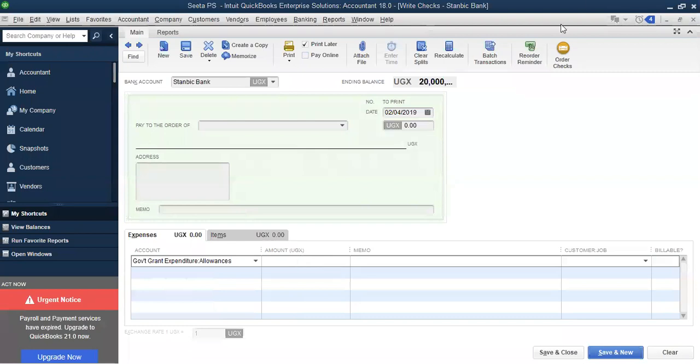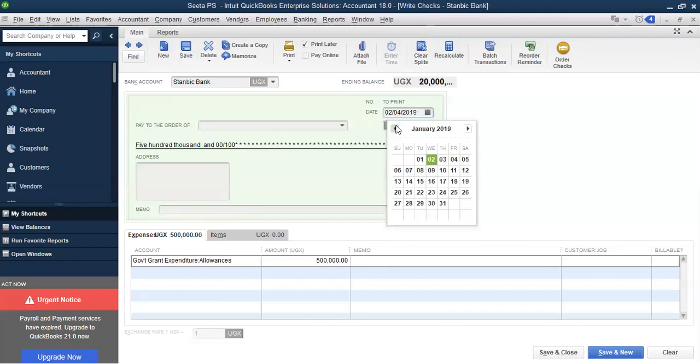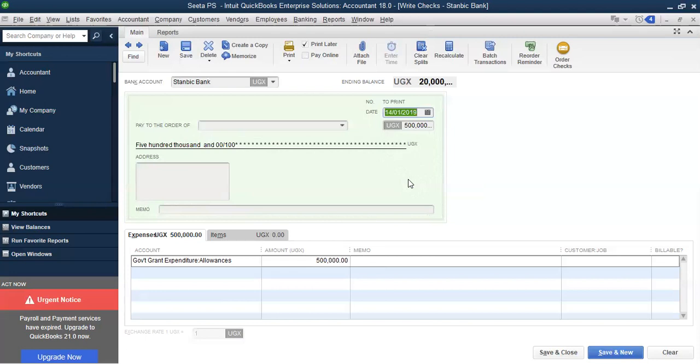So here, we are spending 500,000 on allowances, and this is Jan 14th, 2020. So if we were paying particular people, or for purposes, if it is general allowances, we just record, we don't record the vendor here that we are paying, but you can record the memo, the people that received that allowance for purposes of better accountability. So we shall save and new,